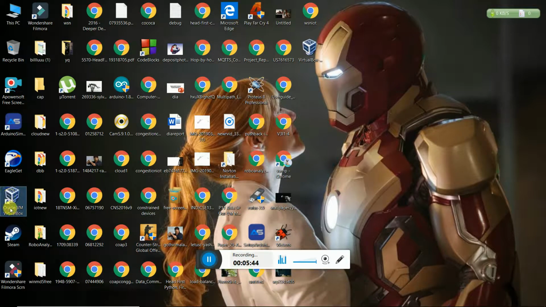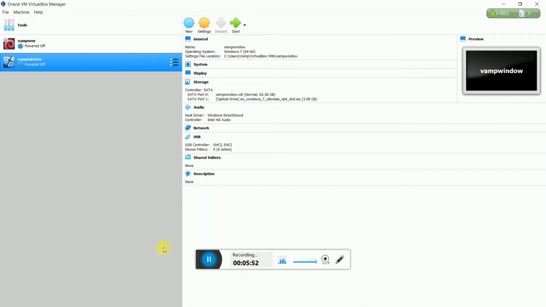As you can see here, it has been installed. When you double click on this shortcut file, you will see this kind of screen on your desktop. As I have already installed the virtual operating system on my VirtualBox, now I will teach you how to install this operating system on your